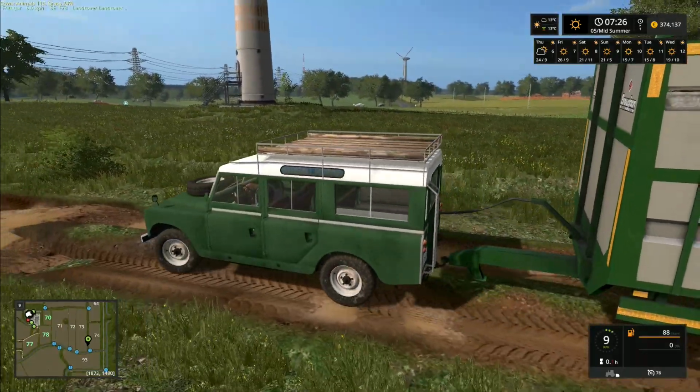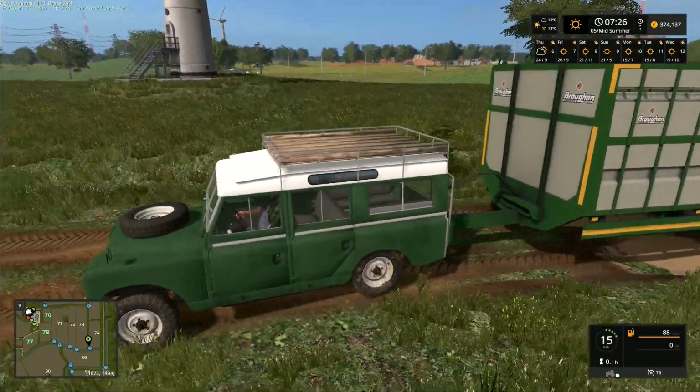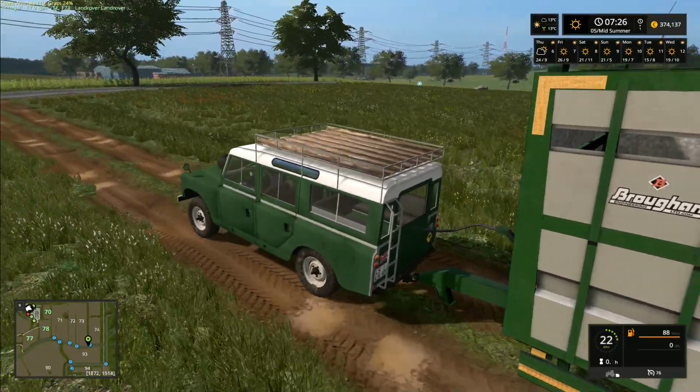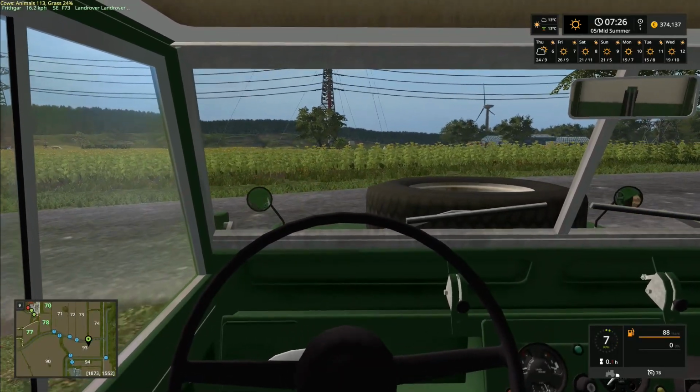Land Rover, I know people who are absolutely obsessed with Land Rovers. They love them, they think they're amazing, wonderful things, and I can appreciate the Land Rover, I can appreciate what it does, but I find them to be horribly uncomfortable, and I don't particularly enjoy riding around in them or doing anything else in them, so...